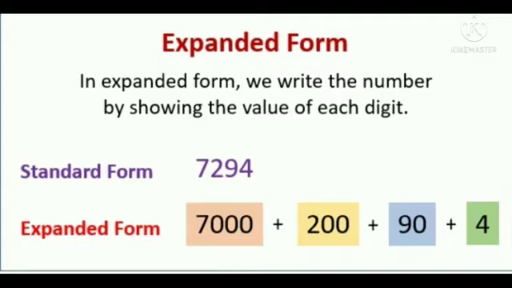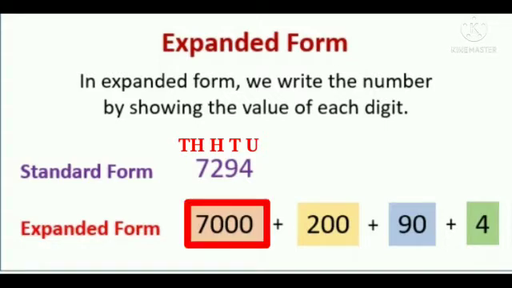Clear? So see, in this picture you can see that the number given is 7,294. Understood, students? So first you will write down their places, that is unit, tens, 100, 1000. Clear, students? After writing that, we have to show it in expanded form. So how you will show? Now first, 7 is in which place? 7 is in 1000 place.